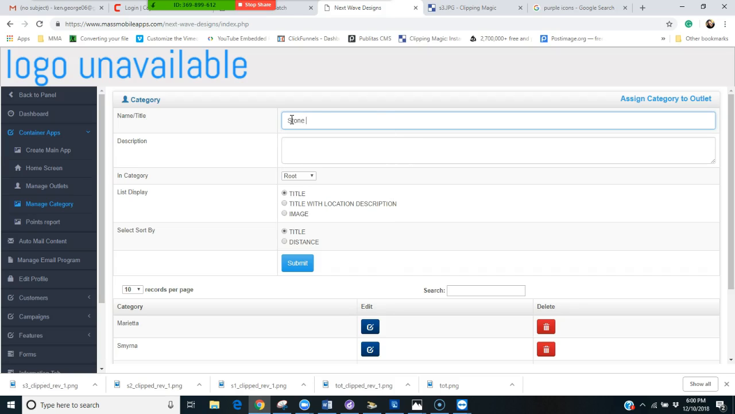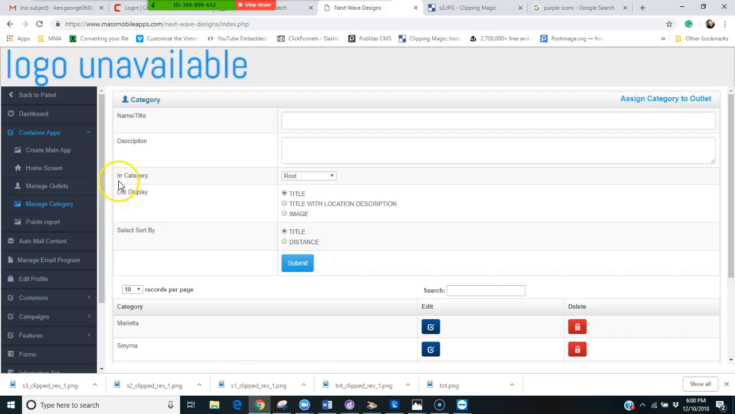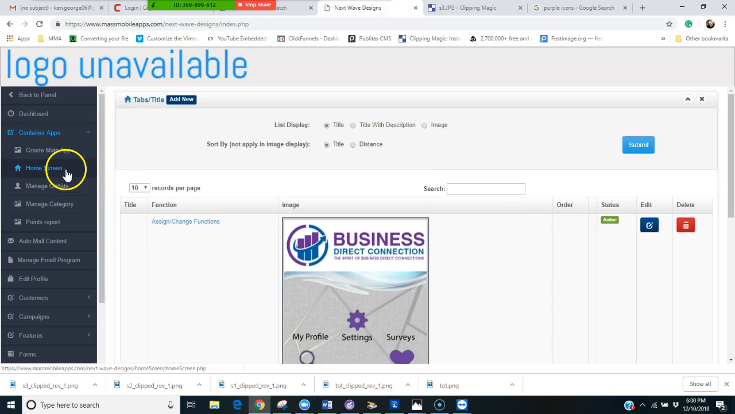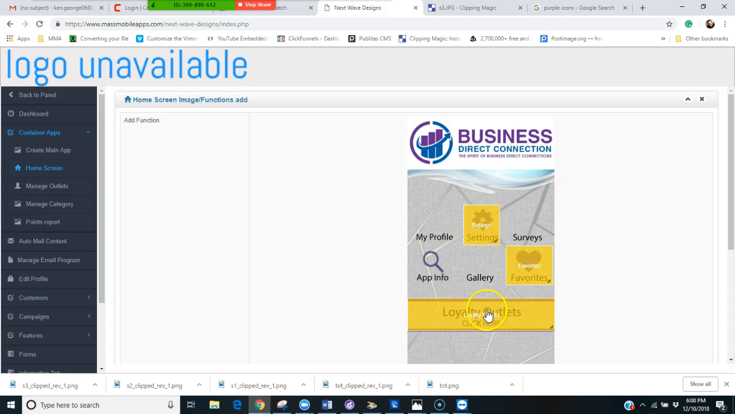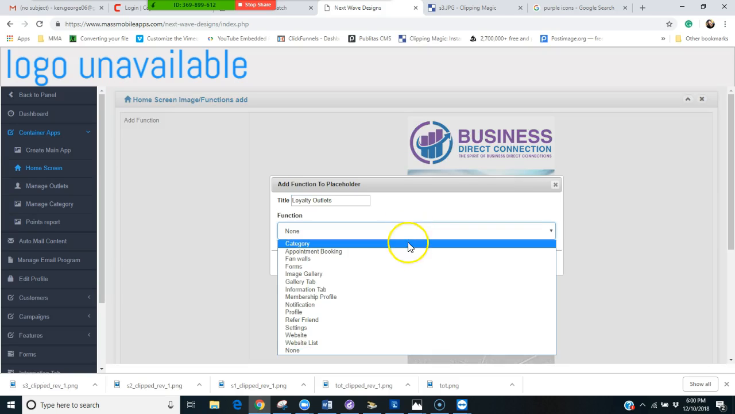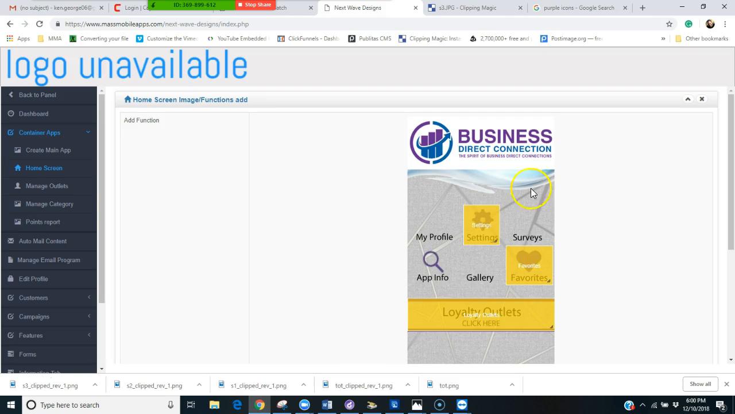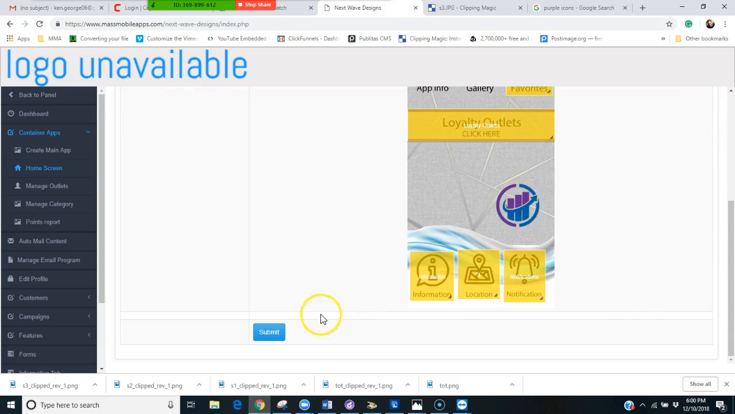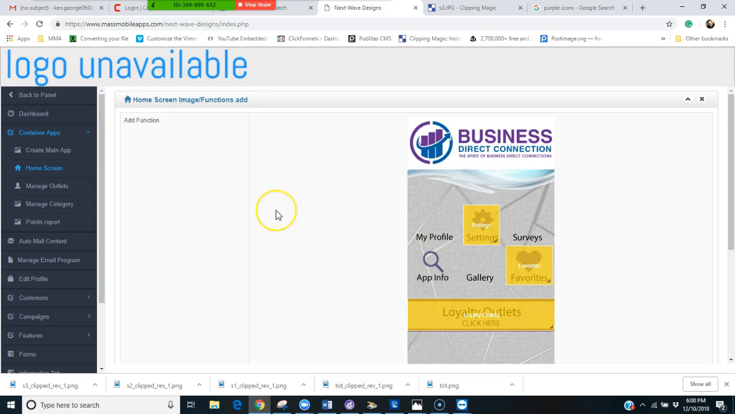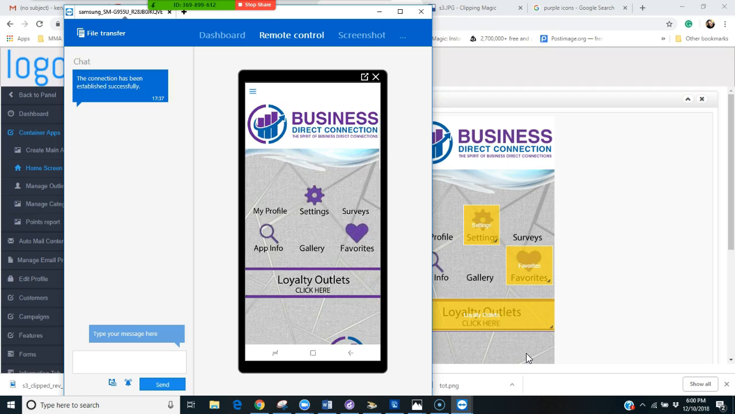Okay, I see what you're saying. Stone Mountain, Midtown, all the different... Okay, so here we're going to put categories. Yes. Main root categories. So now, when we come in here,